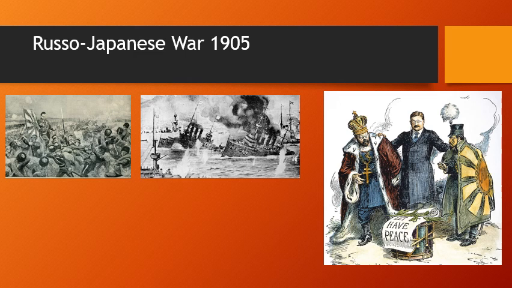Now we move to the Russo-Japanese conflict of 1905 that was fought over Manchuria. Russia's historical issue remains its access to warm water ports, and it was looking for an entry into that area, and that put it at odds with the Japanese. There was no match. Russia was there, Japan prior to this was not on the map. And Russians were led by Nicholas II, while Japanese were led by Emperor Meiji.